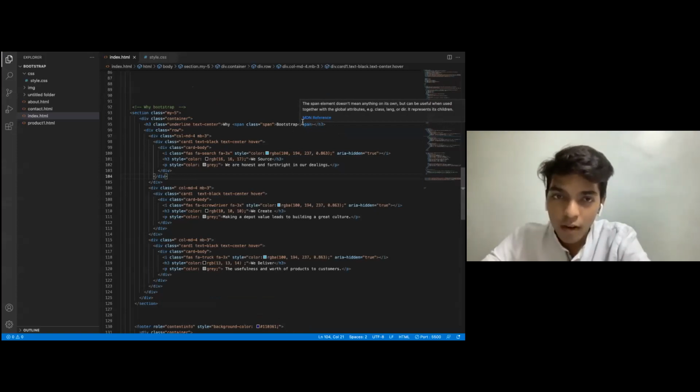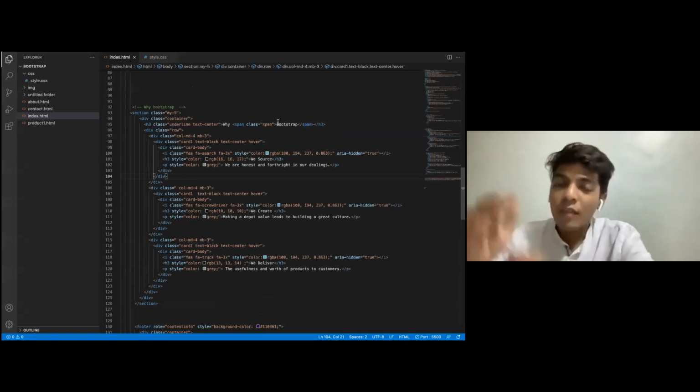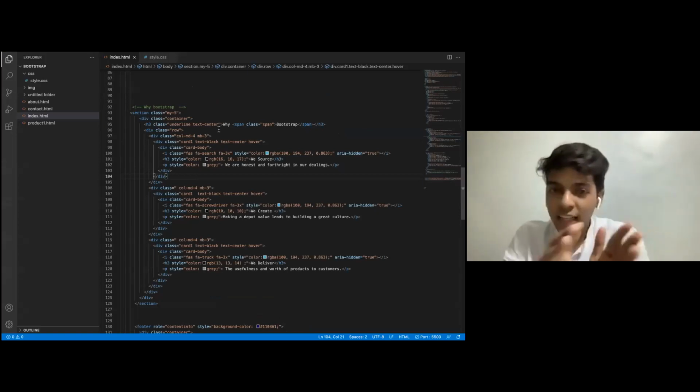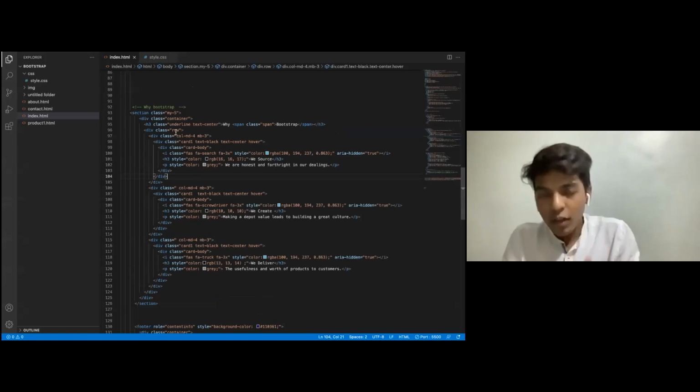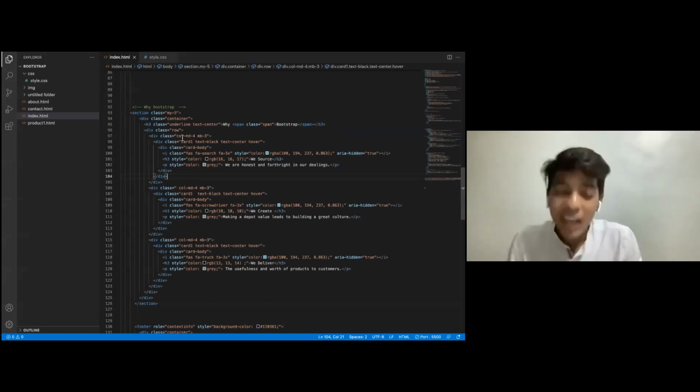And margin bottom, these are the classes that we are using for styling.